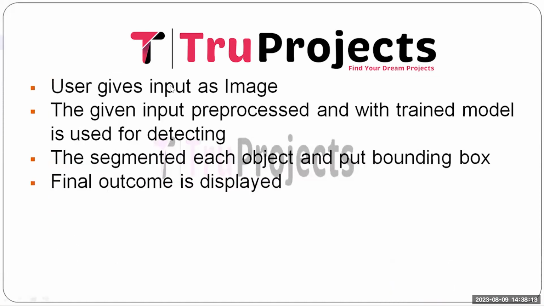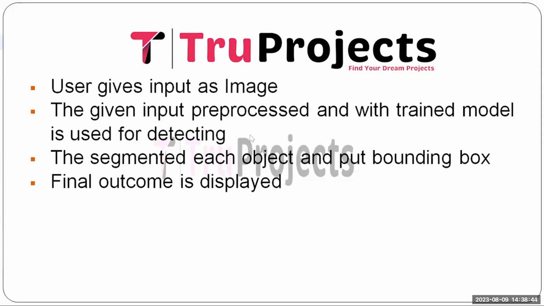And the next one is the user gives the input as an image. Here we build a Flask web interface where the user can provide the input as an image. The next step is that the given input is pre-processed and the trained model is used for detecting. When the user provides the input, the system pre-processes it and employs the pre-trained model to detect the object, that is leukemic cells. The model understands the data, enabling it to make an accurate prediction about the presence of